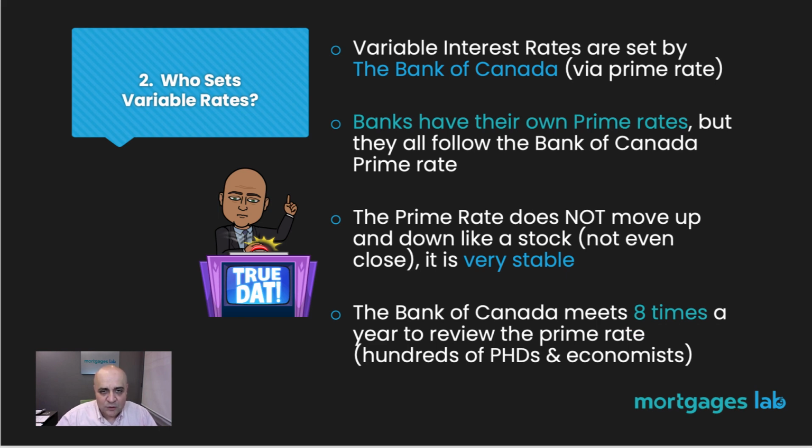And sometimes when they need to move it up or down to influence monetary policy, they would do it by a quarter of a point, 0.25%. That's usually what they do. In extreme cases, they will increase it by half a point, but that's very, very rare. On the contrary, when there is a big economic issue like we had with COVID a few years back, they have the ability to reduce it really quickly. Within a few months, I think they reduced it during COVID sometimes by 1% or even higher,